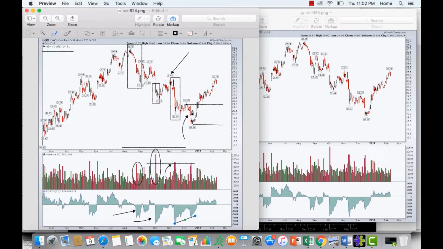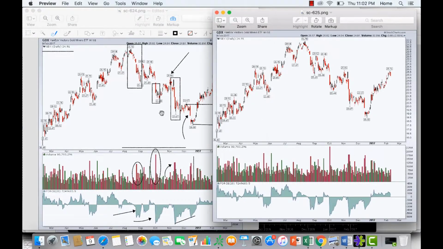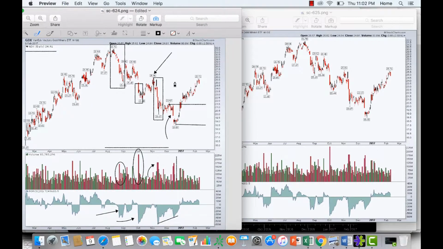Now, if this had fallen further down to here, or if the volume had been larger, this would have continued, but at some point you're getting into capitulation. It's a different trade. But really what was interesting was the force index divergence as I'm looking at it here. And in conjunction with this, now I'll show you something else that's neat. Once you understand how to use the force index, you'll see that there are times where you get the same thing on the upside,